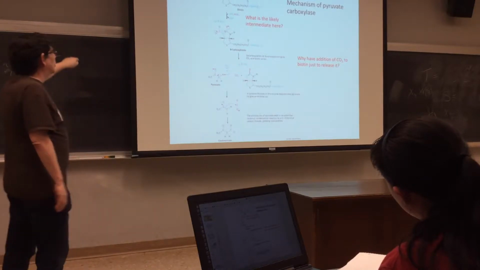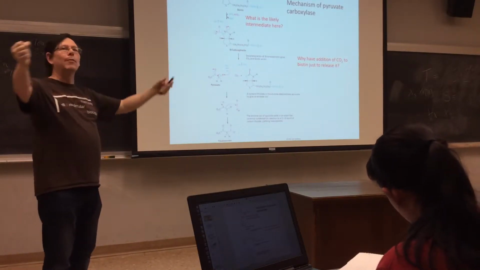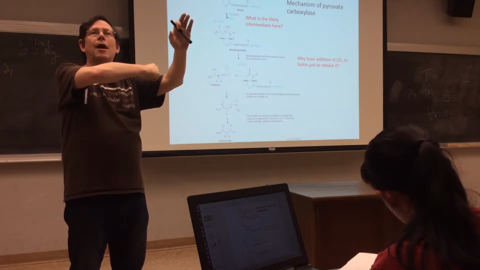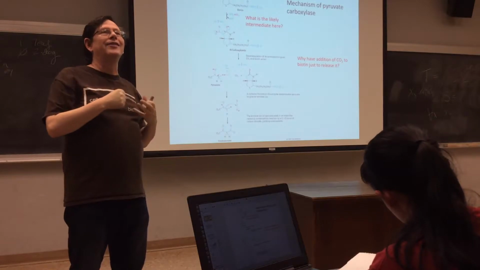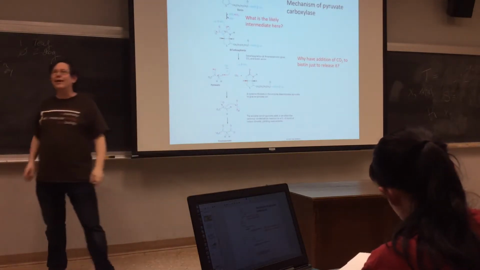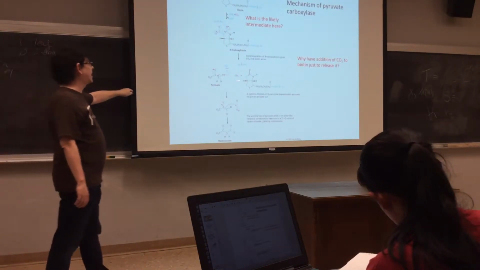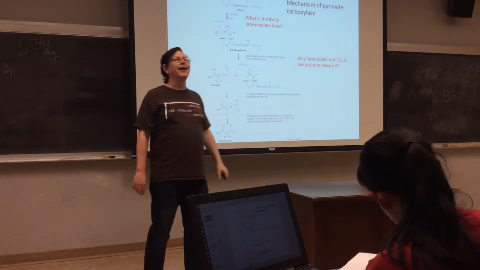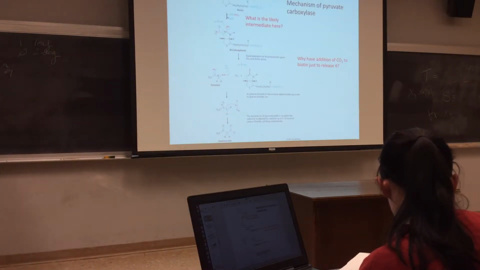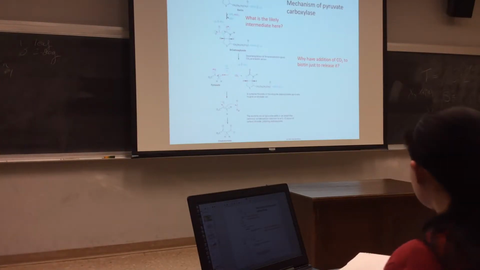Chad's first answer was, well, if we sequester it onto biotin, which is actually on a little swinging arm itself, which we'll see in just a minute, then it can deliver it right to an enzyme active site, so that enzyme active site has an increased concentration of CO2 at the point at which there is an enol ready to receive it or to attack it. So you can think of this as an entropy trapping mechanism. Rather than CO2 flitting in and out, as it does in Rubisco,